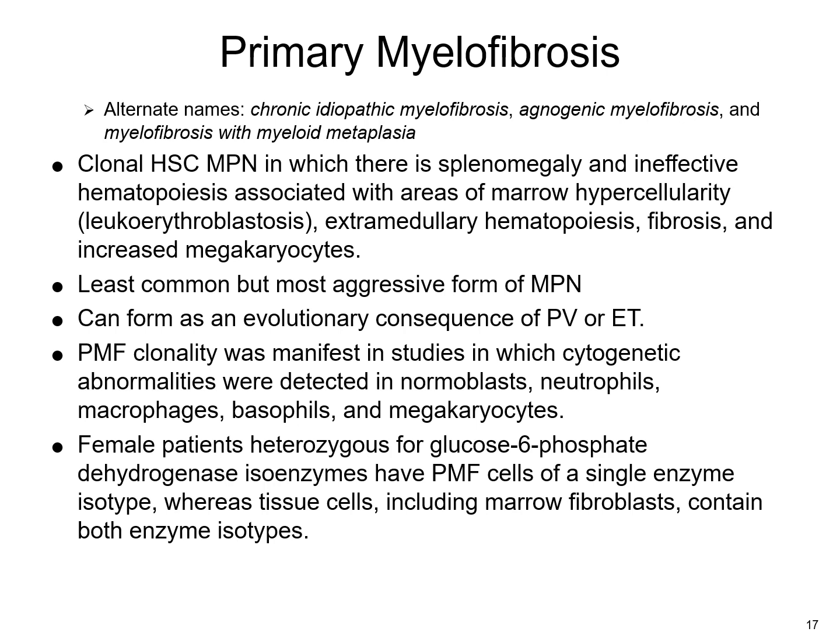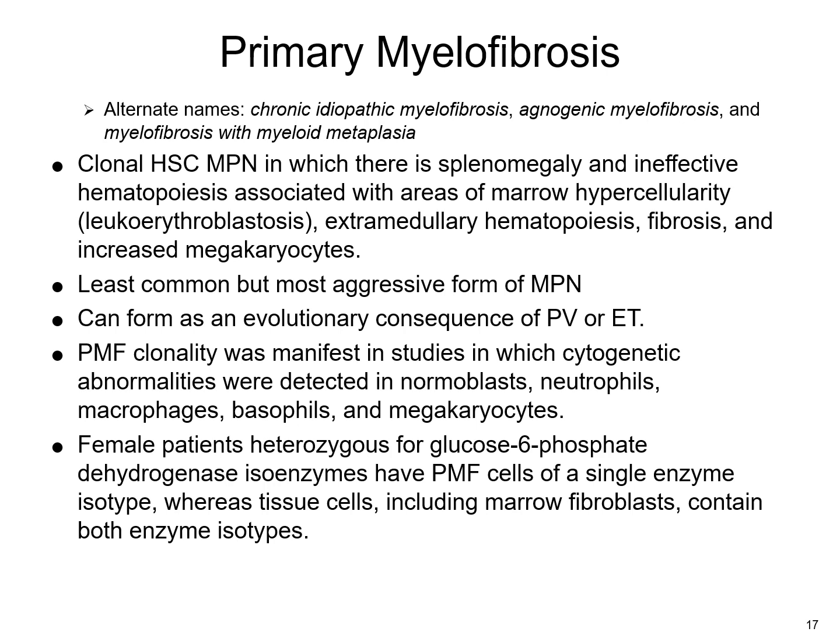It's the least common of all of the myeloproliferative neoplasms, but it is the most aggressive form. So it can actually form as a consequence of polycythemia vera and essential thrombocythemia. Now, your primary myelofibrosis, those alterations can be seen in various studies where there's actually a cytogenetic abnormality detected in the normal blasts, neutrophils,